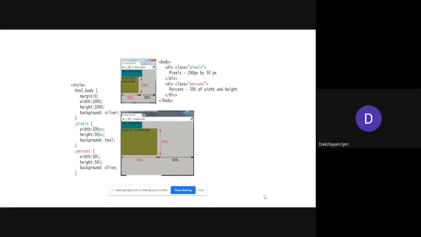Okay, a few more examples have been given in your book just to make clear what different values you can take for the margin and the background, or the width and the height. You can take it in terms of percentage, which is relative to the window size considered by the browser. You can also take pixel values, which are fixed. I'm not going to explain these. You can always use these properties with different value units. Experiment with all these properties with different kinds of values, so that you will get to know how they make a difference.